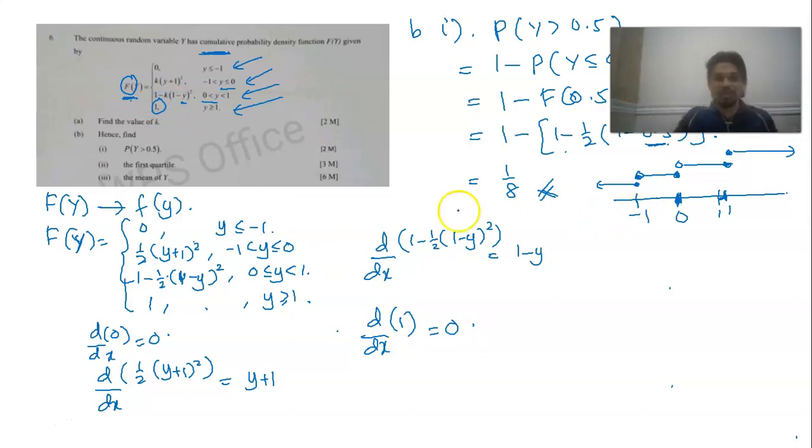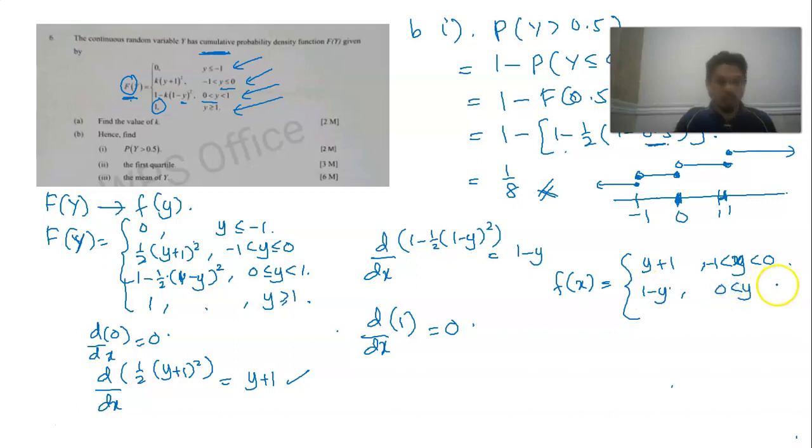Okay, so from the cumulative distribution function into the probability density function, your f(y) is equal to y plus 1 for y lying between -1 and 0, and then we got 1 minus y for y between 0 and 1, and 0 otherwise. So, okay, now